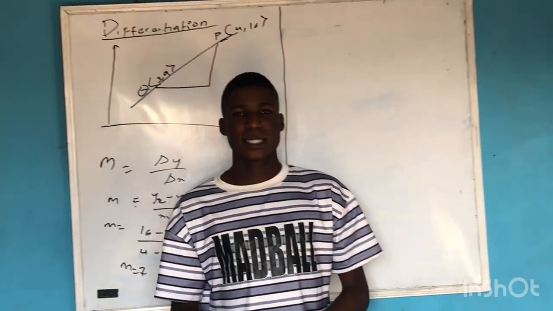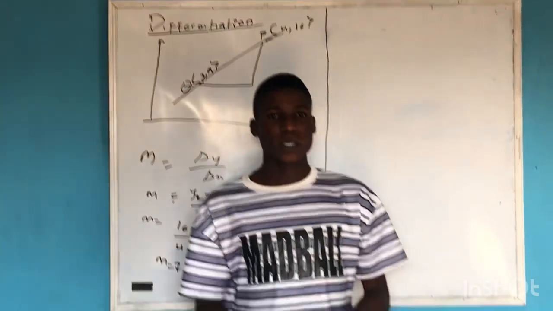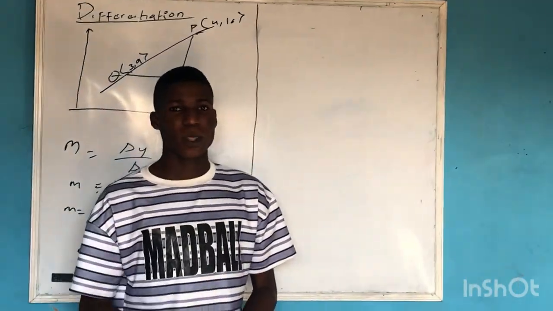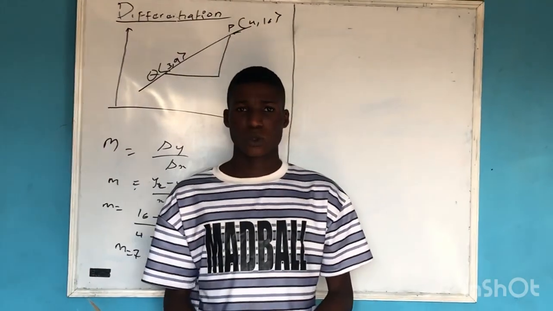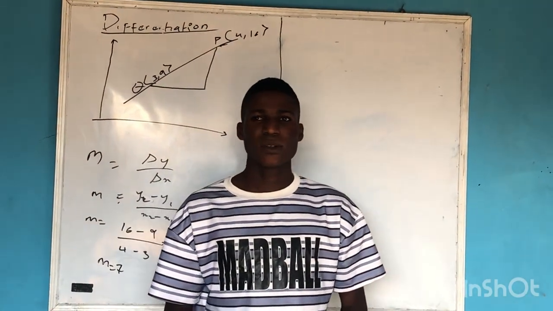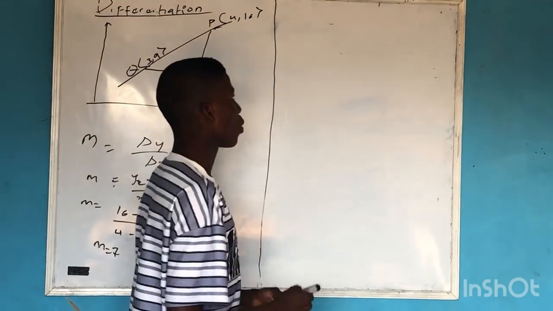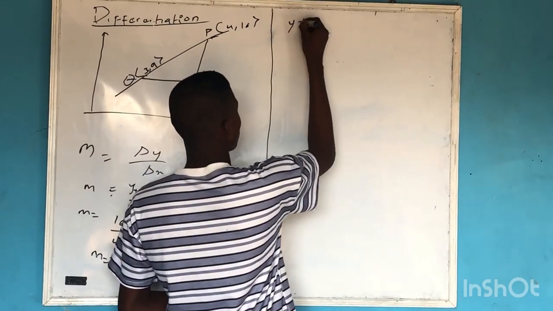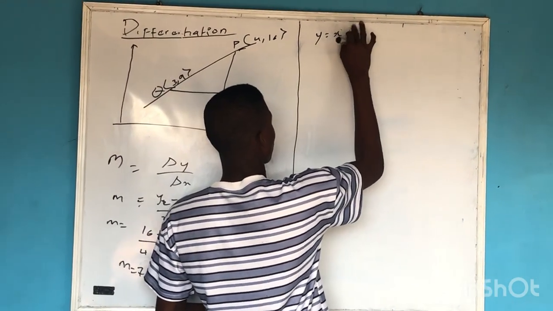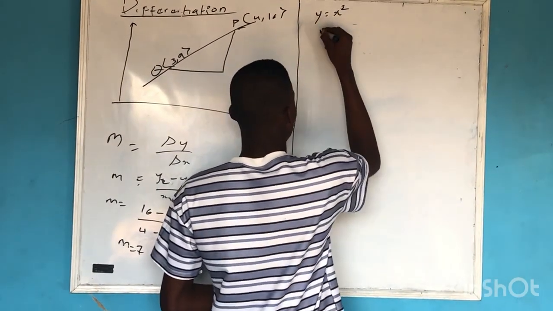So when you are looking at the gradient of a curve, you can't easily determine it using the gradient formula. So we're going to look for the gradient function, to which we apply what we call differentiation. So in differentiation, let's say we have the curve y is equal to x squared. For this curve,